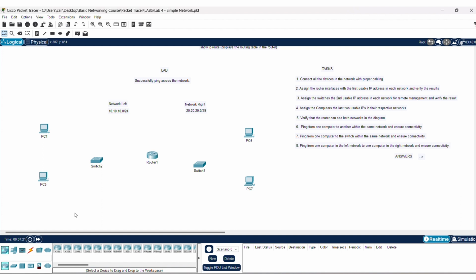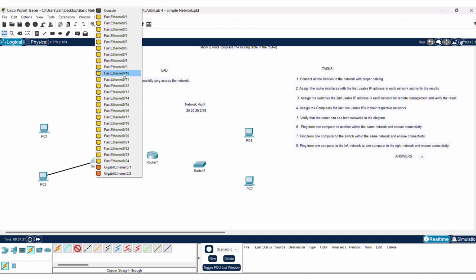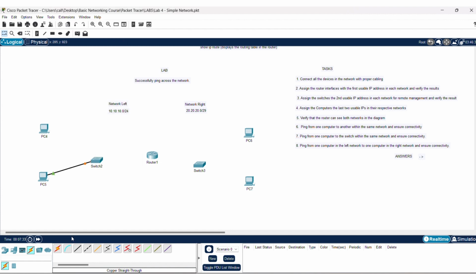So connect all the devices with proper cabling. We're going to come down here and grab our connections. We're going to go ahead and grab some copper straight-throughs to connect our computers on FastEthernet to our switches. We can pop them into any port here on our switches. We're not going to be specific about it in this lab. Let's go ahead and do the same with the right network. From our computers, whoops, missed that, from our computers into our switch,